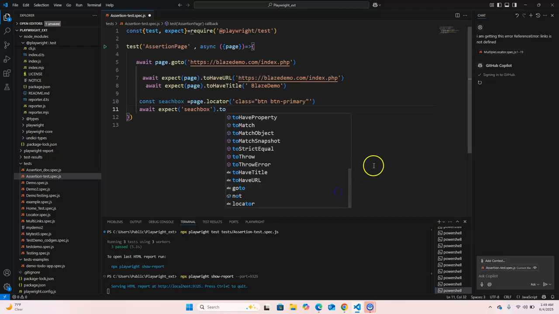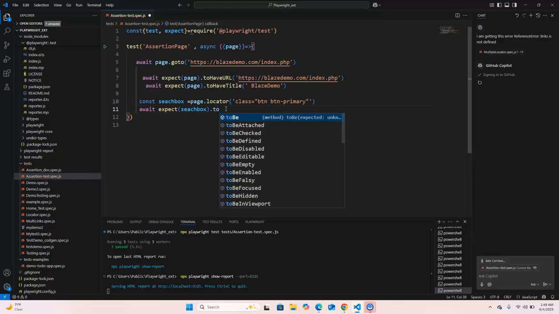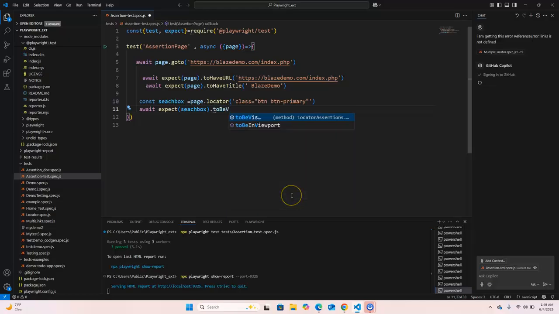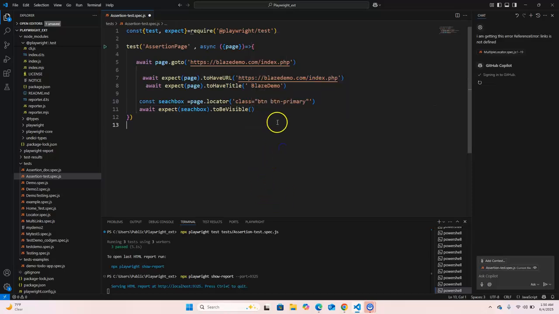So we need to use dot to be visible method. To be visible method. Okay, we are using the toBeVisible method and